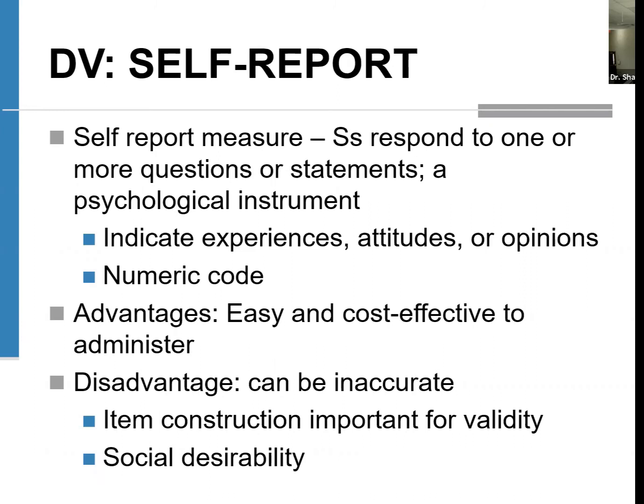The problem is that self-report measurements can be inaccurate. The first issue that we may have is how we develop each question is immensely important for validity. So when I say, I would like to hit my spouse as an item, as a question, to gather a response from the participant,